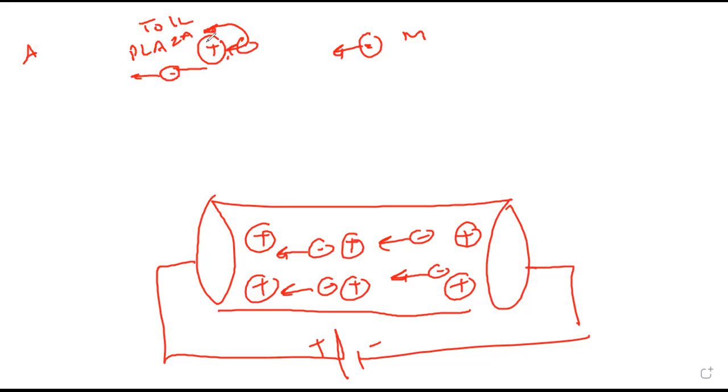Again, there will be some toll plaza, so again I have to stop. Again it will come. So there is frequent collision with this fixed ion. Those are taking my energy, that means my money, and this battery is constantly supplying me energy. During my two toll plazas, there is some distance covered. Here I will say electrons, when they collide with a fixed ion, before the next collision, they are covering